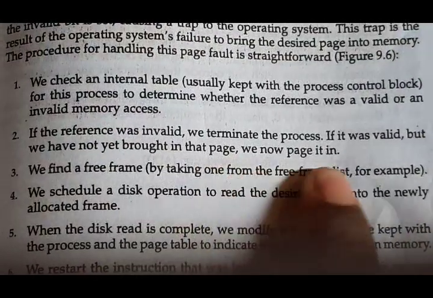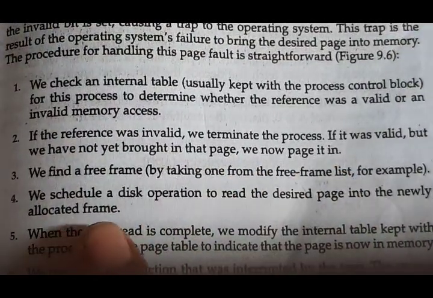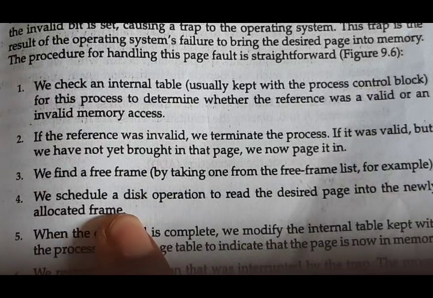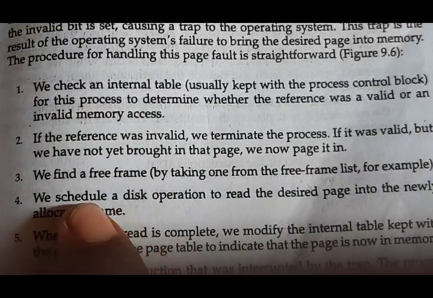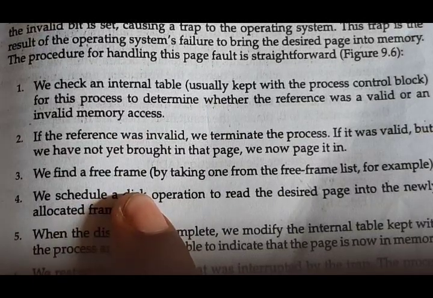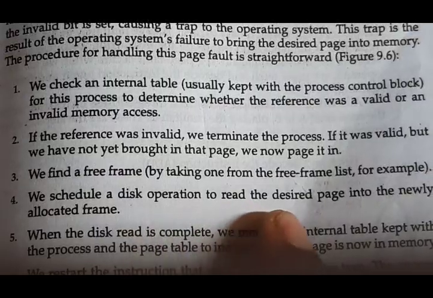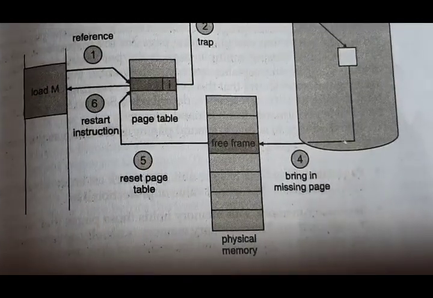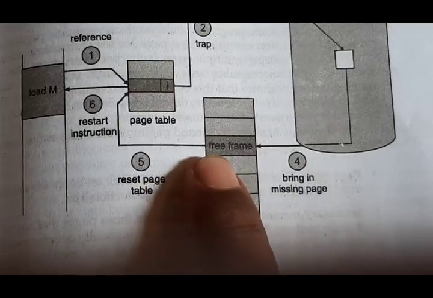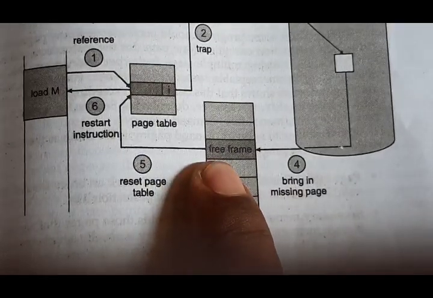If the reference is invalid, we have to terminate. Next, if the reference is valid, we find a free frame. We have to find a free frame by taking one from the free frame list. For example, see here, this is the physical memory. You find a free frame. So, example here,